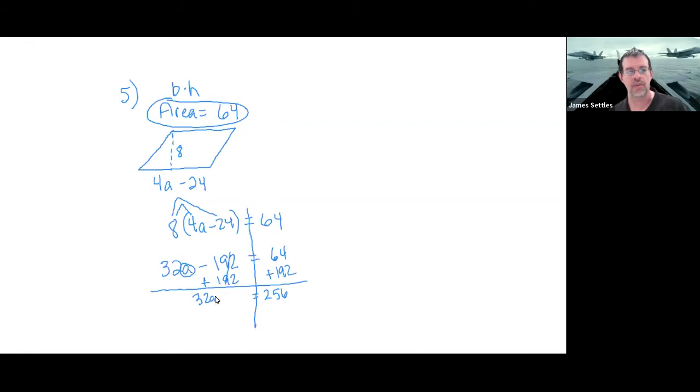And then we're trying to get a by itself. And so when they're side by side, that means they're being multiplied. I had a kid yesterday say, they're not social distancing, so we got to divide them apart. So I don't care how you remember we're dividing. You can say they're not social distancing, so we got to divide them apart, or just know anytime they're side by side, we got to divide them apart. So we're dividing by 32. That cancels. And then A is equal to,